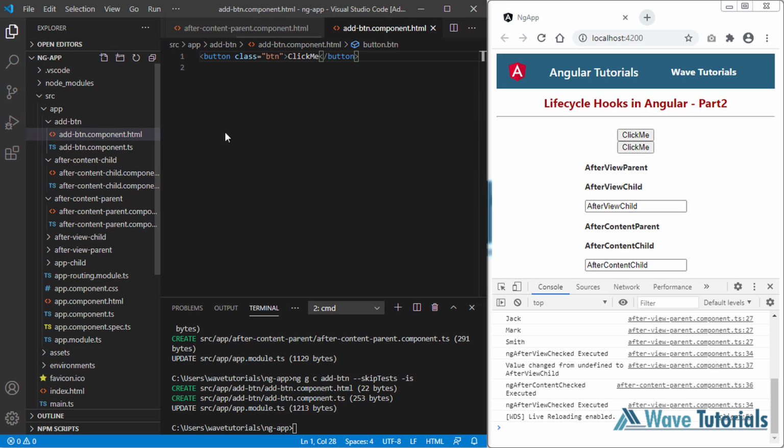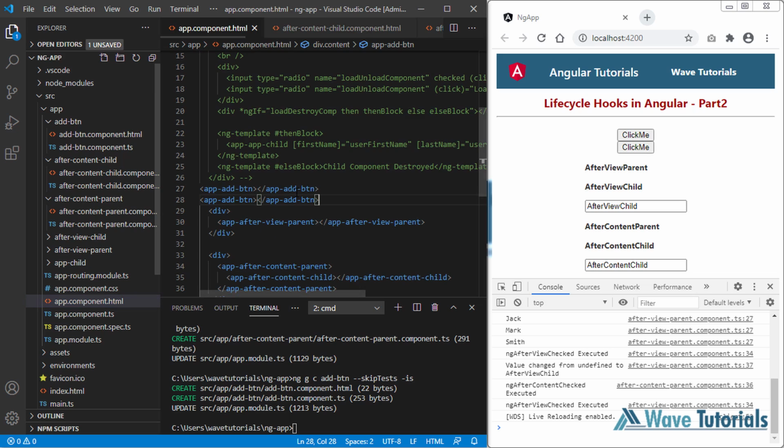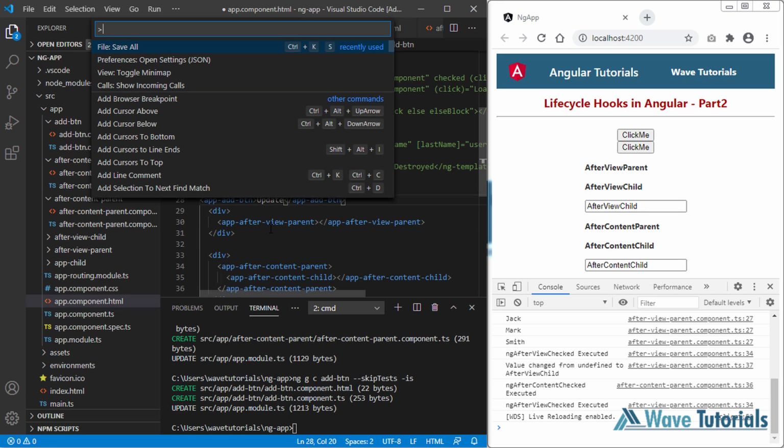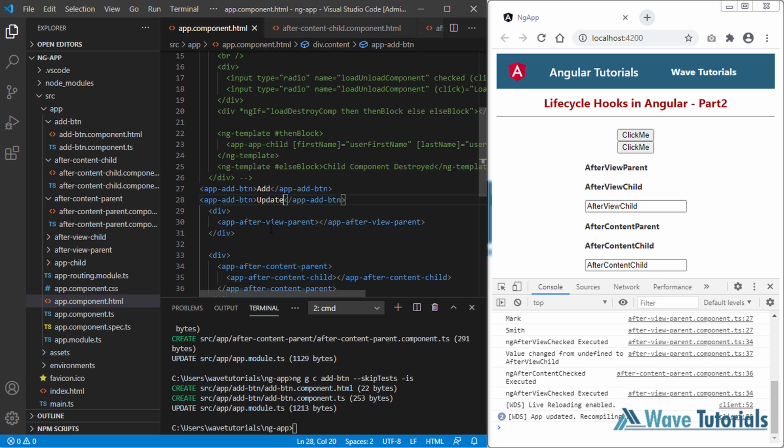Let's open add button component, and instead of this hardcoded value I will add here ngContent, and I am expecting a dynamic value for this button. So now let's open the app component again, and here I will pass add and here update. Let's save all the files,